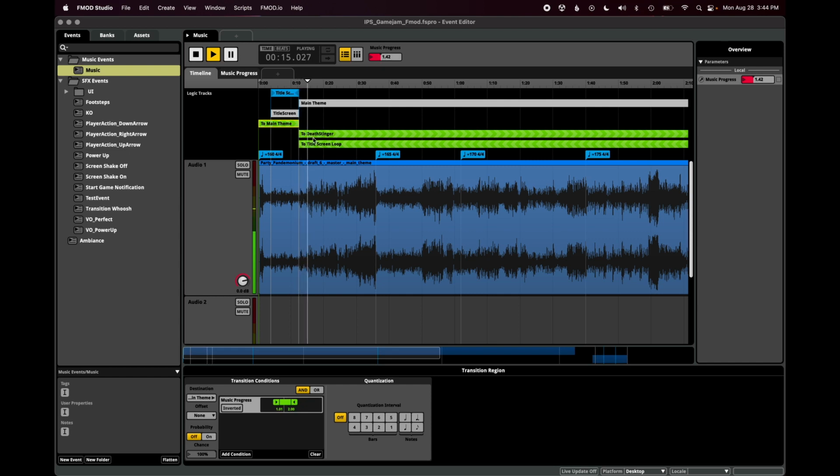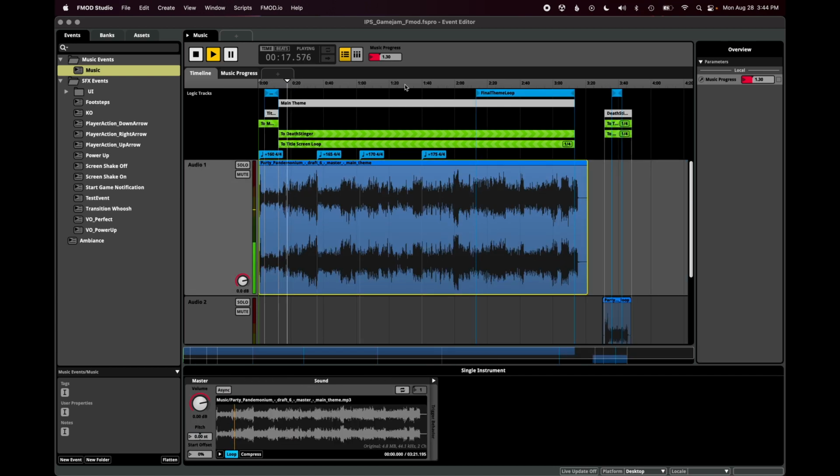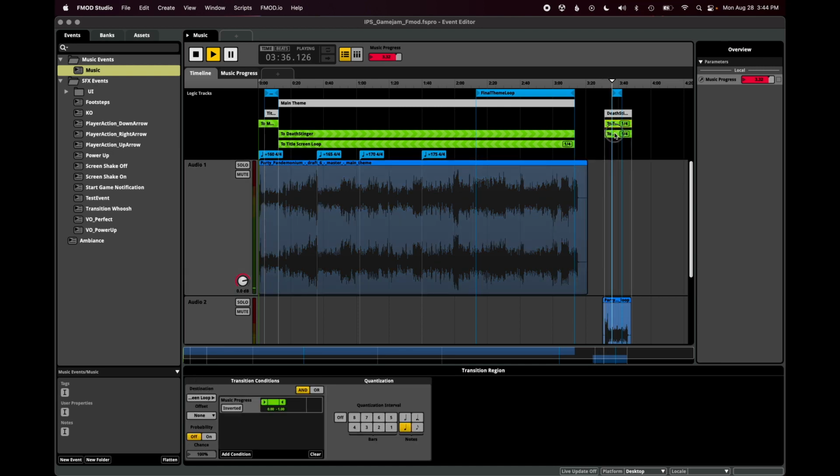When I change the music progress parameter, the playhead moves to the correct region based on a quantization interval I've set. For this game, the composer wanted the changes to be almost instantaneous to match the gameplay. Here, the game transitions to the game over stinger, where the player can choose to restart game or go back